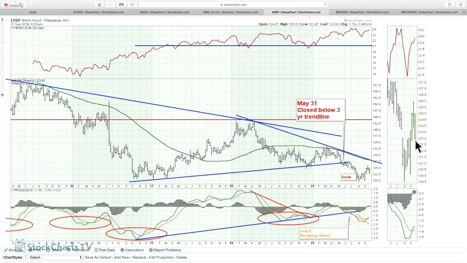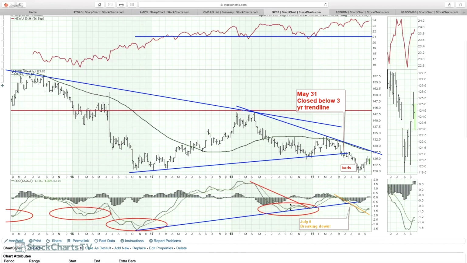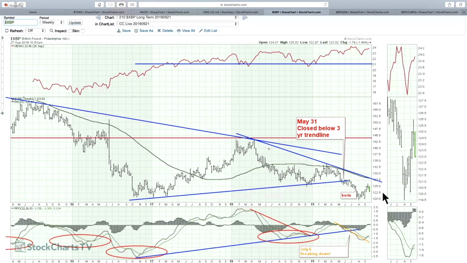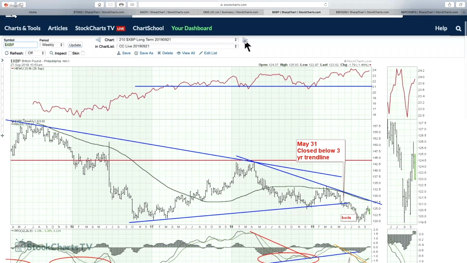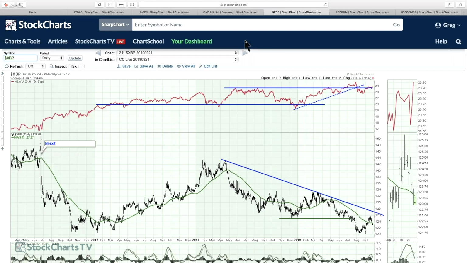So look at this PPO histogram sitting here right at zero, and if it was to roll over here, that's a very bearish place. And the other thing about the British pound is it likes to make complex lows. It usually has to double dip a few times in order to really change trend. At this point, I think it still looks weak, and there's a downtrend in the pound versus the dollar. So that doesn't look very bullish for the pound. It makes the US dollar more bullish and less for the British pound. So that one doesn't look very good.